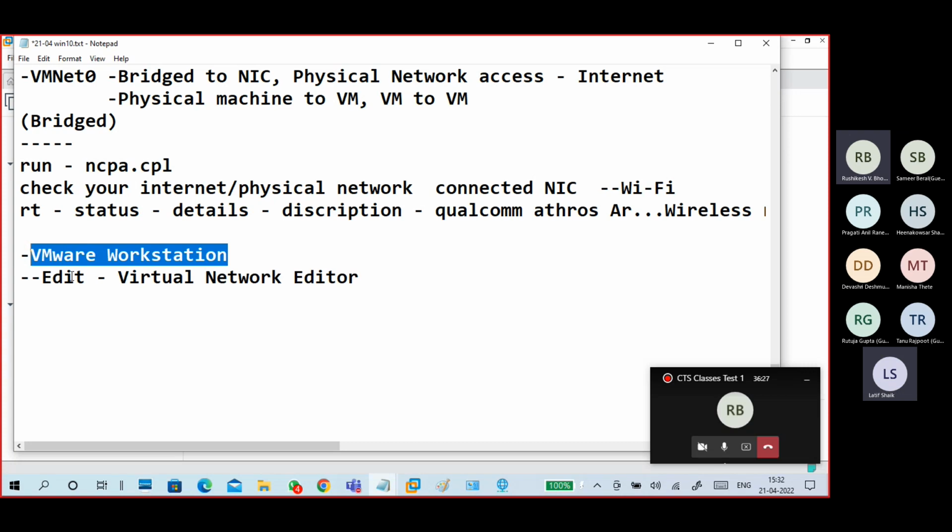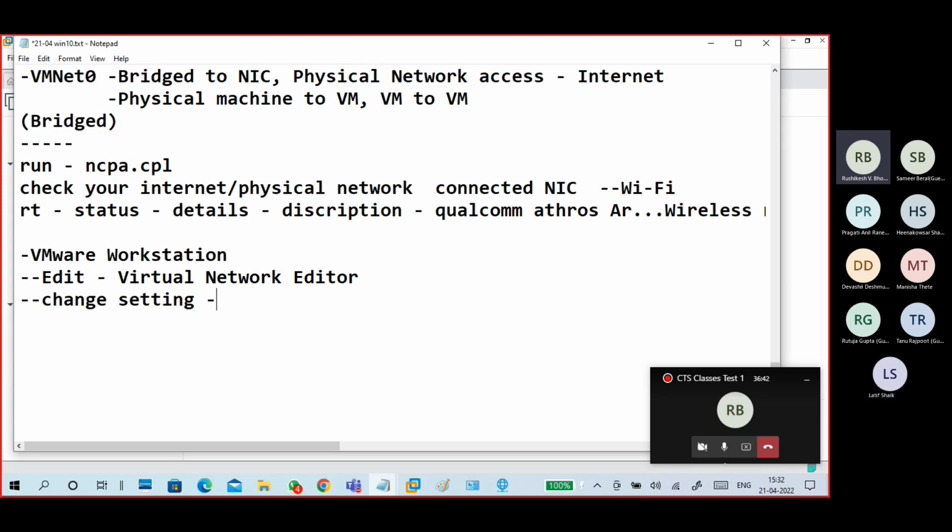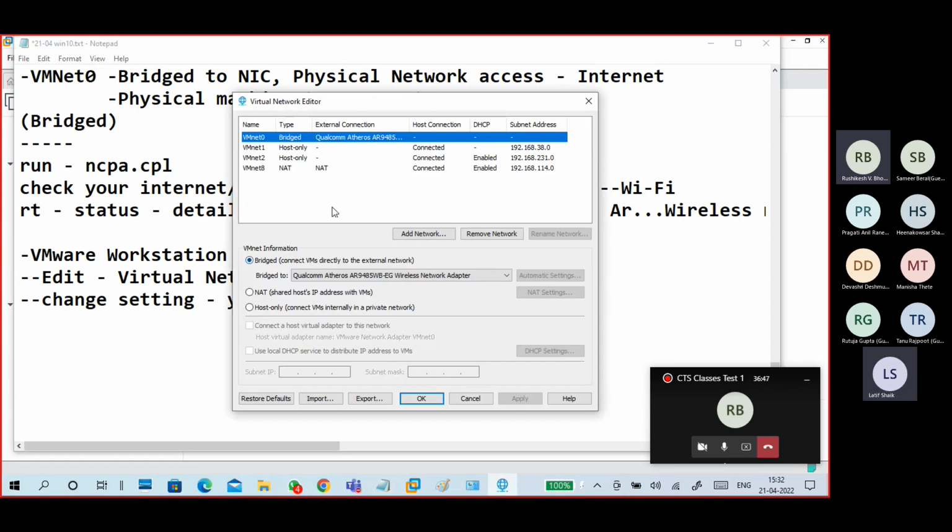VMware Workstation, edit, virtual network editor. Then it will open. Change settings. And yes, it is open here.